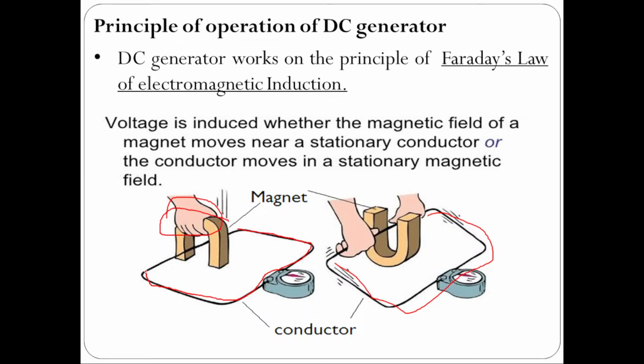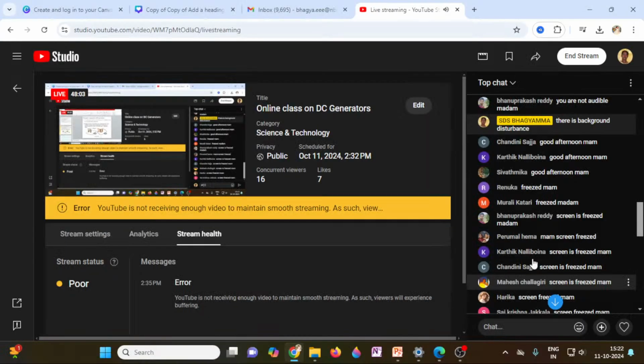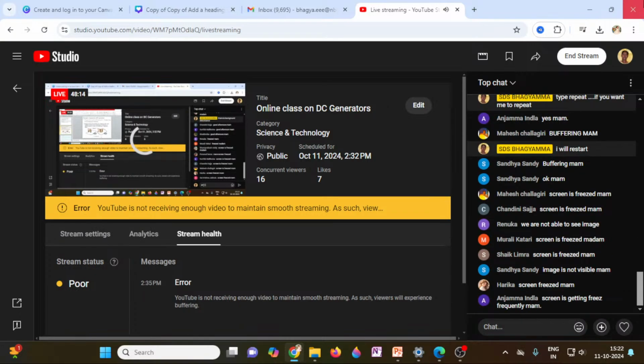If we have a DC machine, it can operate as a DC generator as well as a DC motor. How a DC